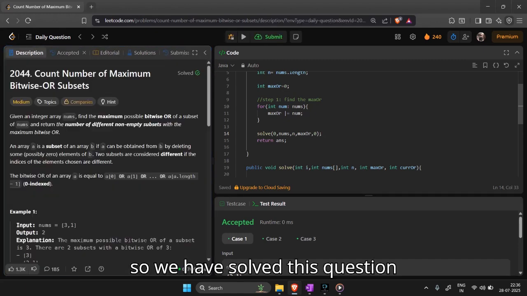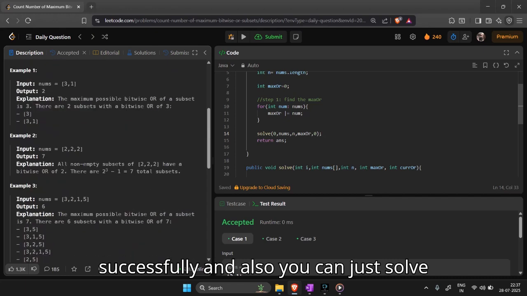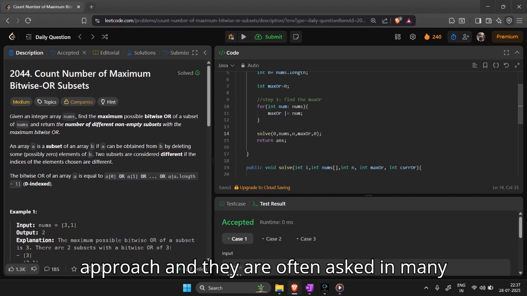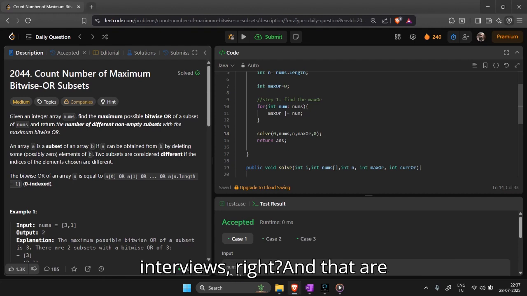Okay, so we have solved this question successfully. And also you can just solve other parts as well. There are multiple questions which are of a similar approach and they are often asked in many interviews, right? And that are